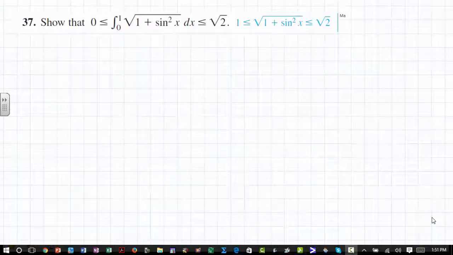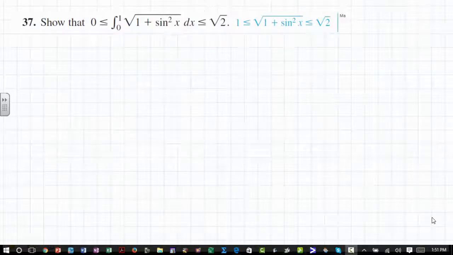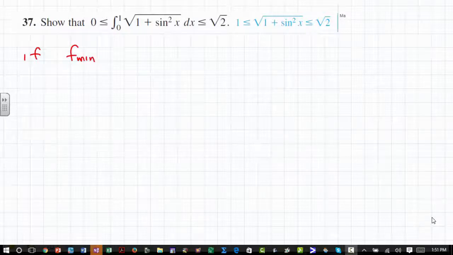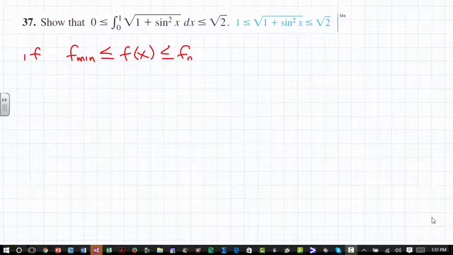All right. Here's problem number 37. Now, it's asking you to do a couple of things. It's asking you to remember something that we talked about in class, and that is that if f min is the smallest value that f takes on, and f max is the largest value that f takes on some closed interval from a to b,